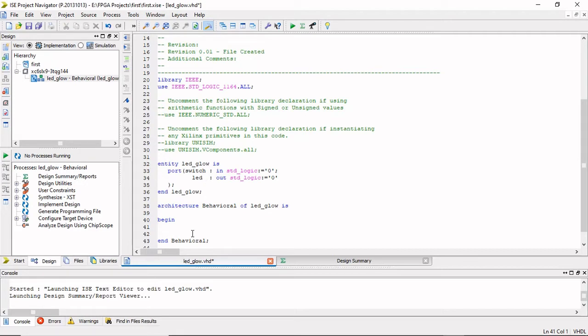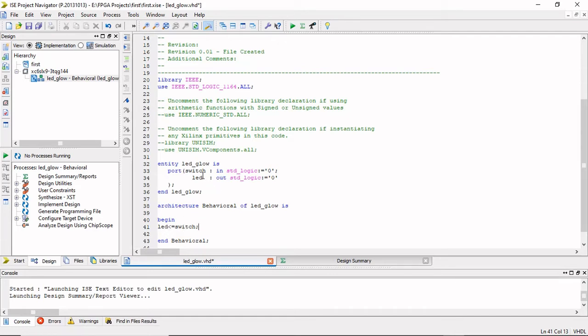In VHDL, if you are going to give a value to any variable, like this one, switch, LED, here I'm going to connect it. This is the syntax for this one, switch. This is how you connect this actually. If switch is 1, LED is also 1, and if switch is 0, LED is also 0. So there we have it. We have connected our switch with an LED.